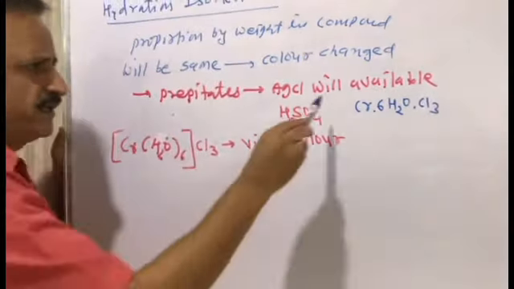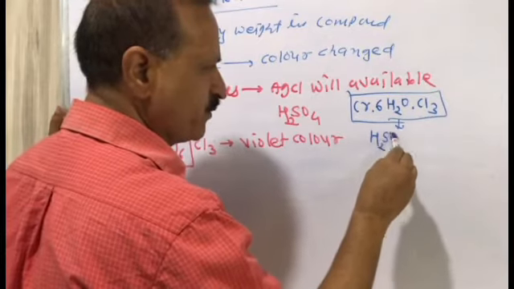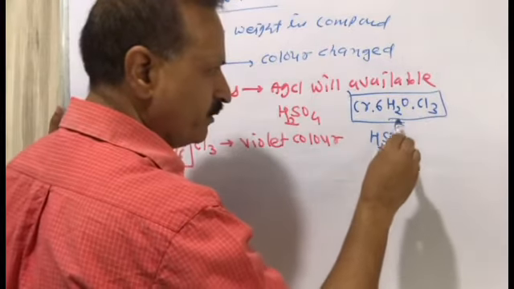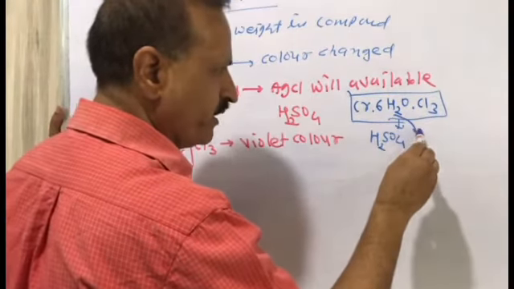This is the total compound, and this compound will react with H2SO4, and the number of water molecules released and precipitates of AgCl, Cl I am writing N here, the number of Cl will be decided by how many water molecules are released as a ligand